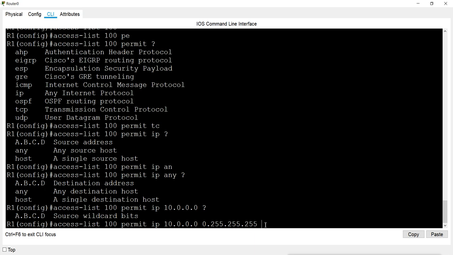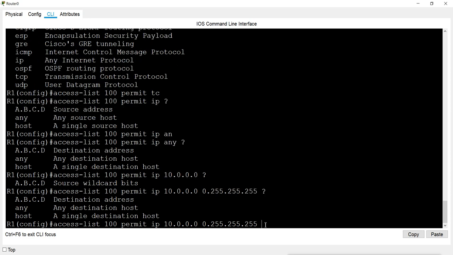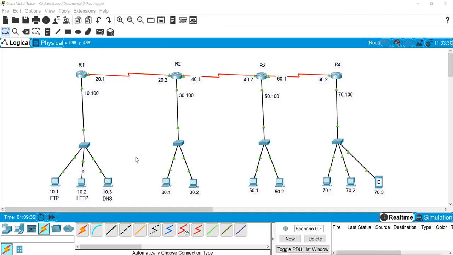Now for the source we have this. Now for the destination, I should allow everyone. Why? Because these network 10 machines can go anywhere. As we see in the network, these machines will not only go to the 70 network, they can also go to this 30, they can also go to the 50, and if other networks are there, they can go to the other networks also.